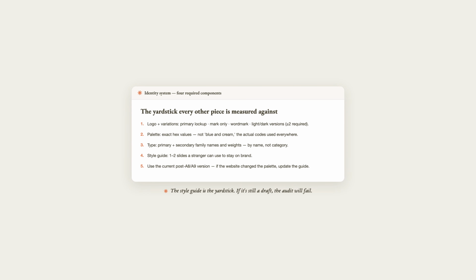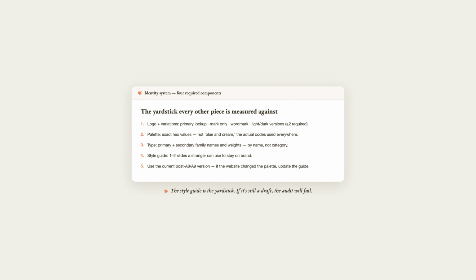Second, the palette with exact hex values, not blue and cream, but the actual hex codes that appear in every other piece. Third, the primary and secondary typefaces by name, not a sans-serif, the actual family names and weights you used. Fourth, a style guide summary, 1 to 2 slides that a designer you have never met could pick up and use to stay on brand. If your style guide still says we might use this color rather than this is the color, it is not